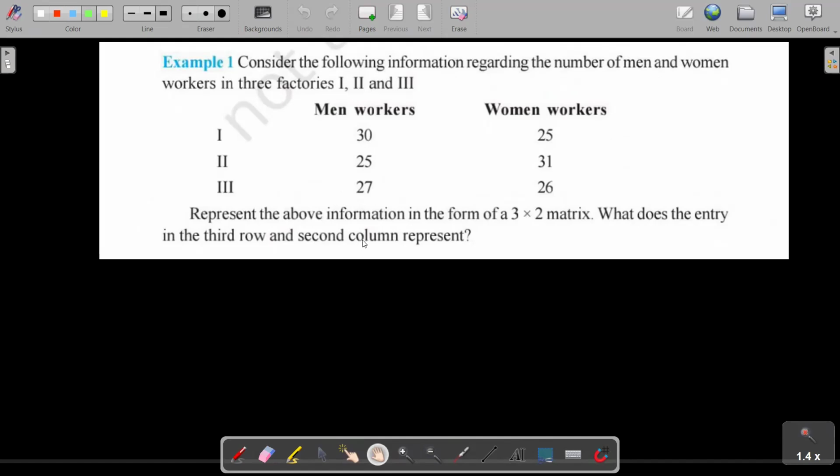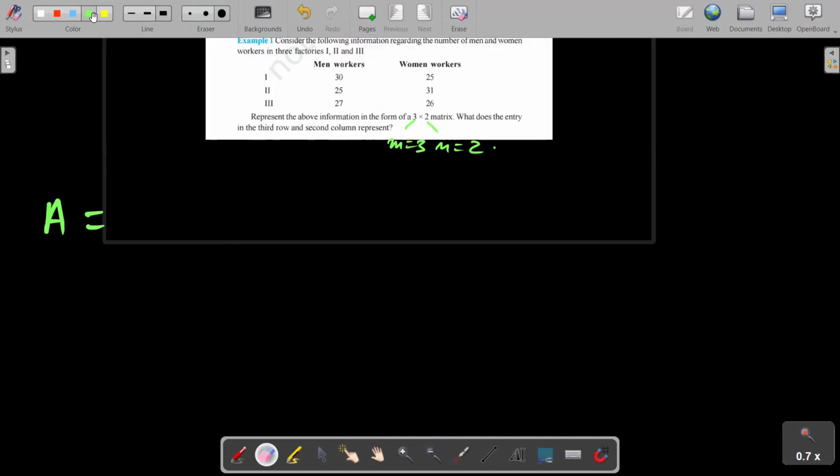So now this is a very good problem. So we will proceed for the solution. We have to represent this information in the form of a 3 cross 2 matrix. So here rows, that is M, will be 3 and columns, that is N, will be 2. We have to construct a matrix of 3 cross 2. So our rows should be 3. So it will be like this: